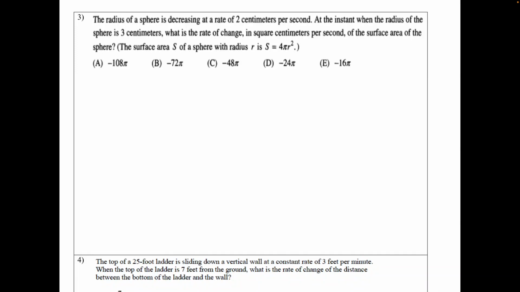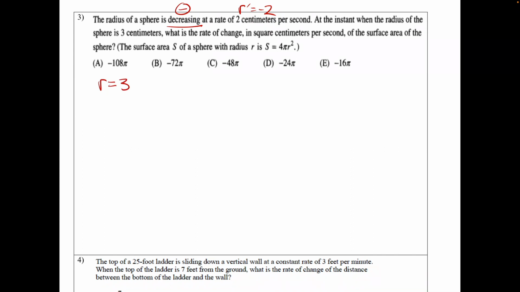Moving on to number 3. The radius of a sphere is decreasing. Okay, we got a negative word here. This is a negative word at a rate of 2 centimeters per second. So r prime in this case is equal to negative 2. At the instance when the radius of the sphere is 3, so in this case r is equal to 3,